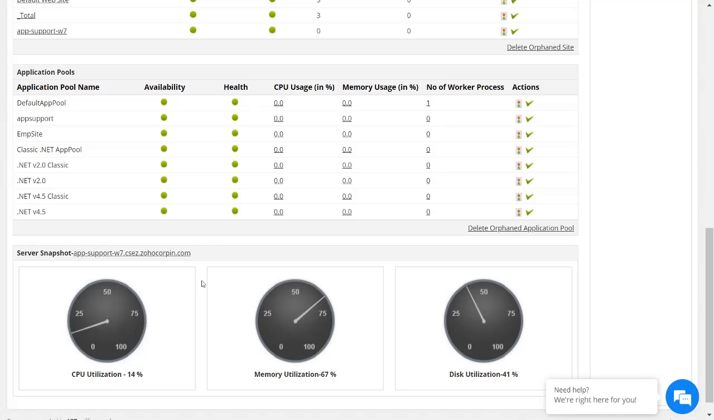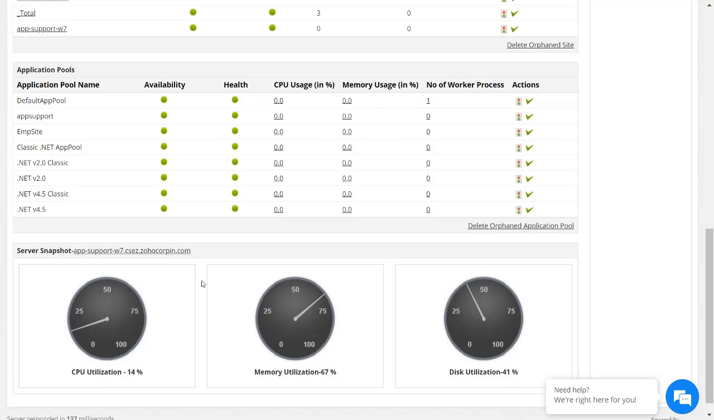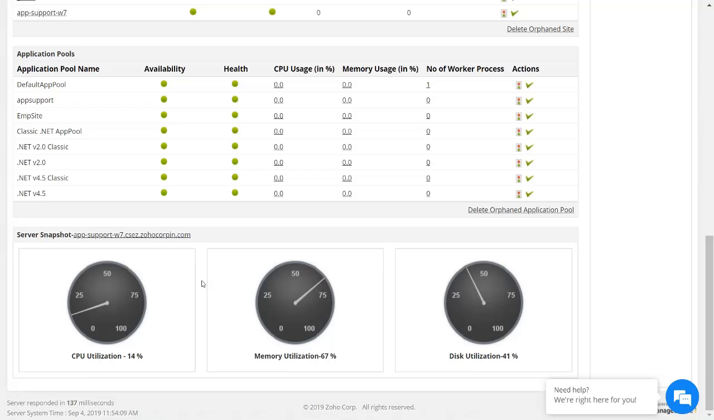And also, we provide the host level metrics. Since this IIS server is running on top of a Windows server, it is crucial to monitor these host level metrics, that is CPU, memory, disk of the Windows machine also. So in a single pane of glass, we show you all the values. Now let me take you back to the presentation, and we will discuss